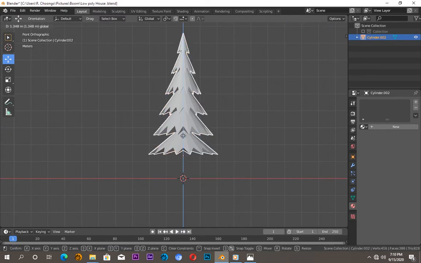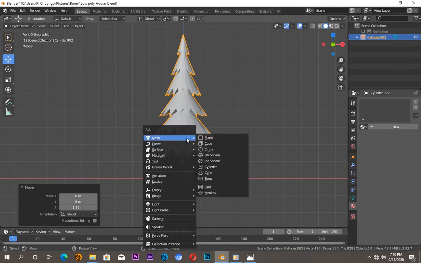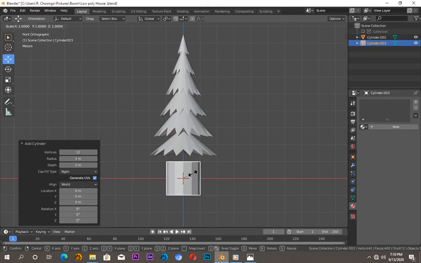Alright, so once we are done, I'll just move this up and let me create one more thing. Let's create a new cylinder. I'll just reduce this to something like 12. Yeah, that's okay. And I'll stretch it